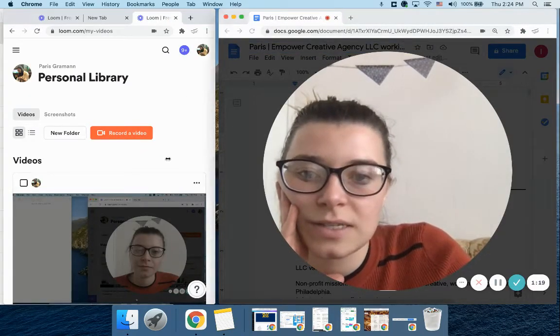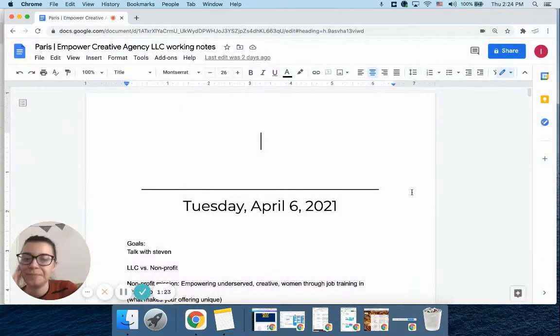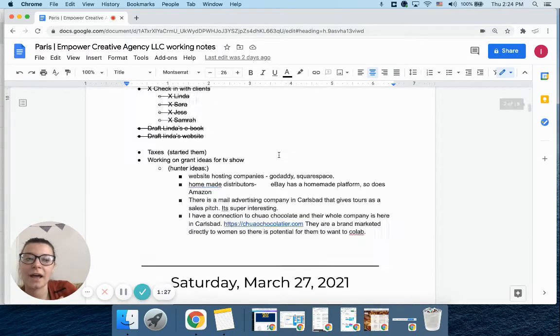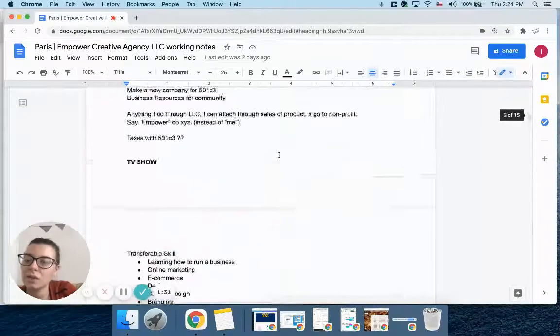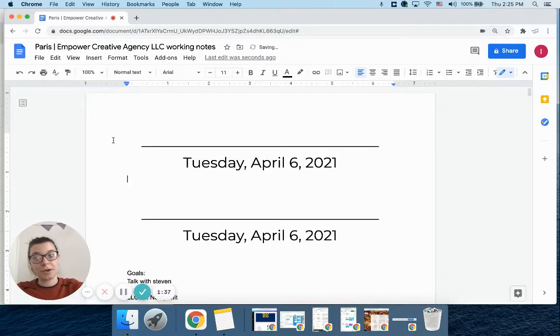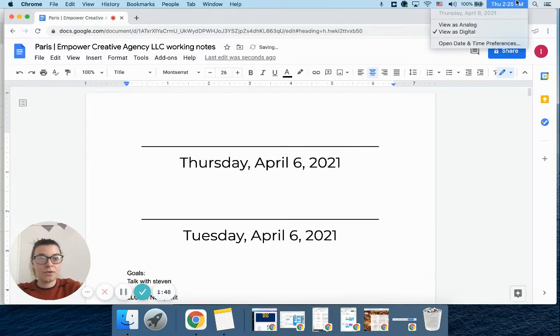So let's expand this forward and take a look at the working notes. Usually what I do is I have, from the very bottom, all of the different work I've done, and I take notes on there. Let's make today's, so I copy and paste above. I always work up because I've done it in the past where I go down and you take forever to scroll to what's new. What's new is always at the top. So today it's Thursday, April 8th,